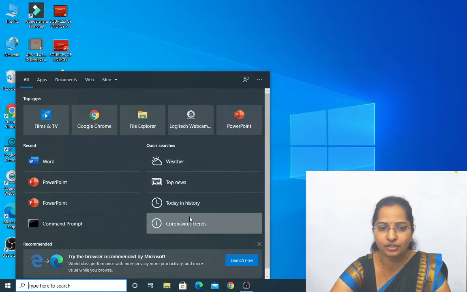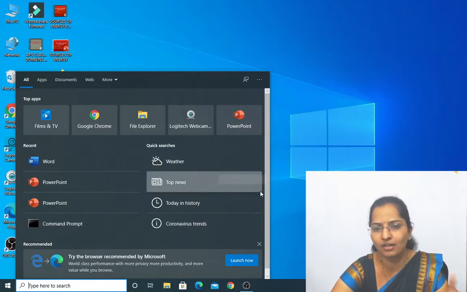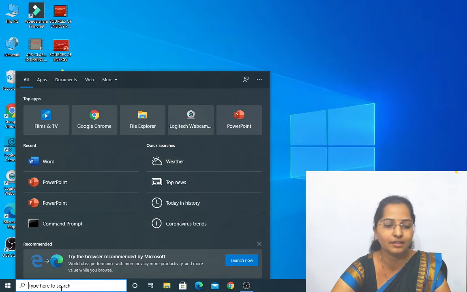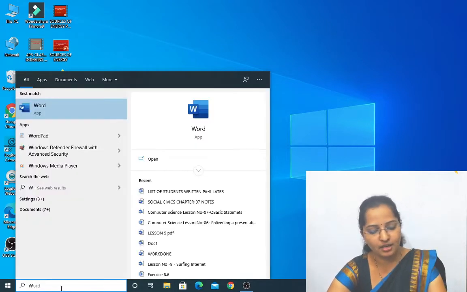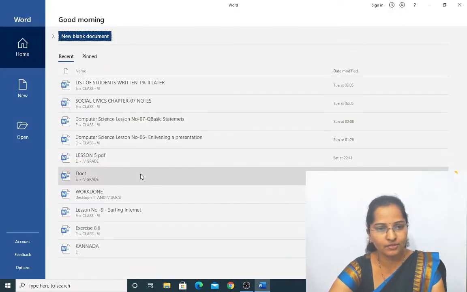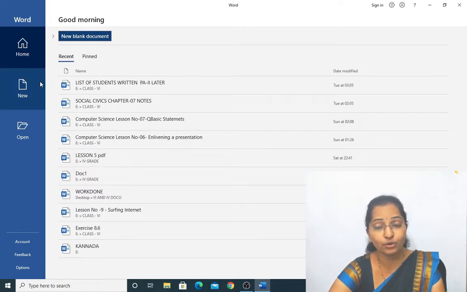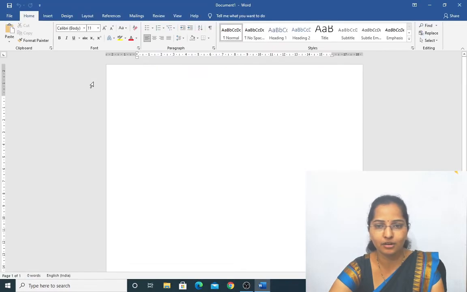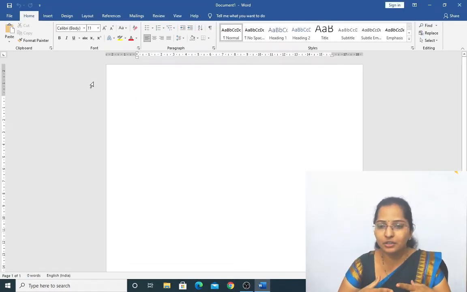If you did not get any application here, MS Word, MS PowerPoint, Paint, type here. I want MS Word. We got this. Click on this. Now I want to open a new document. Click on new. Click on blank document. This is the way to open MS Word.